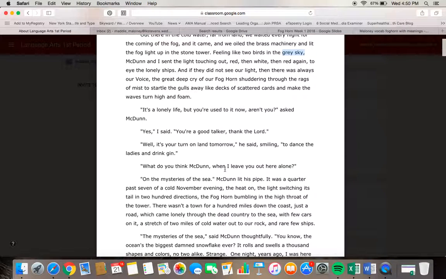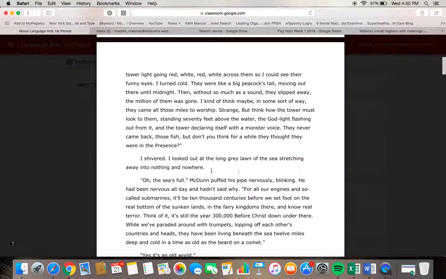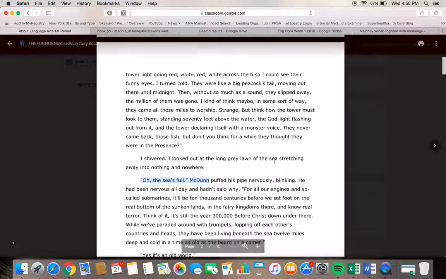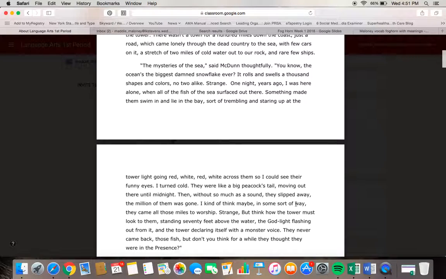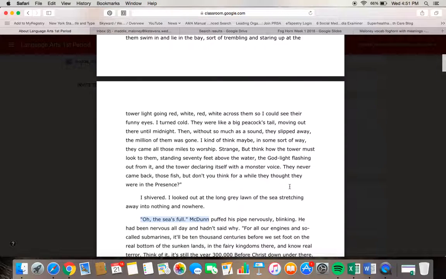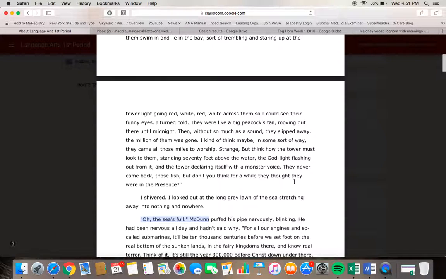Okay, so go ahead and read through this first page here. And I actually want you to read down to, oh, the sea is full. Okay, so pause me, read from that second paragraph down to, oh, the sea is full. Okay, once you've done that, we were looking at these several paragraphs for foreshadowing. Remember, foreshadowing is a hint of what's to come. So I want you to look through them, and I want you to highlight or write down different phrases that you think the author is using to hint to you that something is about to happen, that something is suspicious.